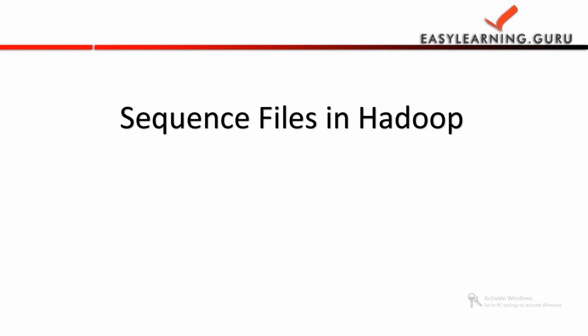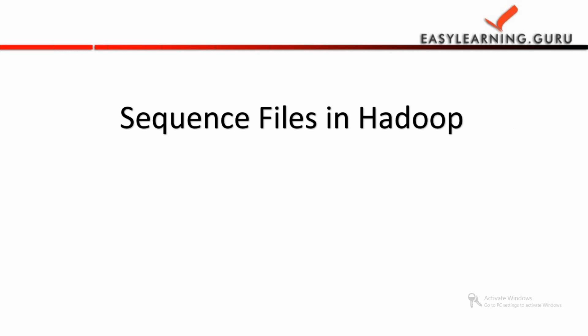Hadoop does not work well for a lot of small files, that is, files smaller than the typical HDFS block size. Suppose we have a lot of small files, each having a size of 10 KB. If you upload each file in HDFS individually, it will create a burden on the name node. The name node will become a bottleneck, and to avoid this we have sequence files.